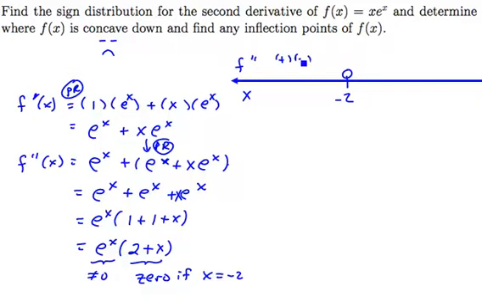The inflection point, again, is a point on the graph, so we should list both its x-coordinate and its y-coordinate. The x-coordinate is -2, and the y-coordinate then would be -2 e to the -2. I'm just plugging in. And if you want a decimal representation of that, you can ask your calculator. So we do have an inflection point at -2,